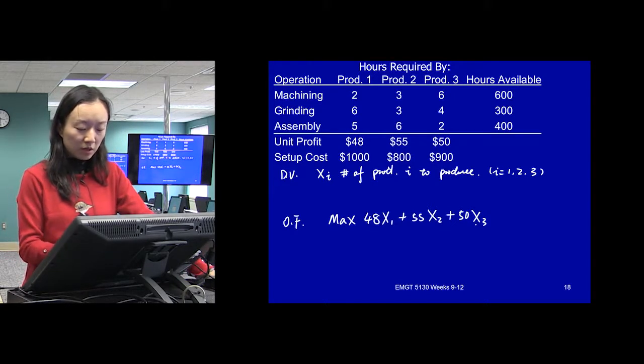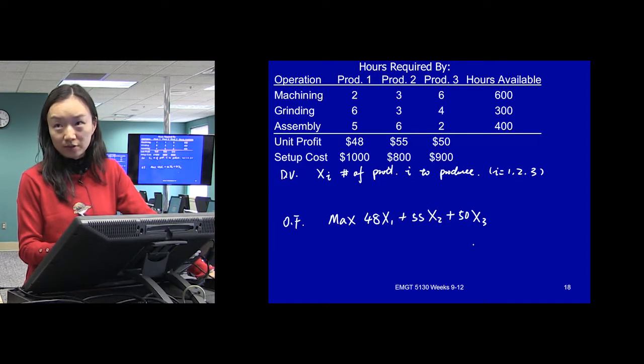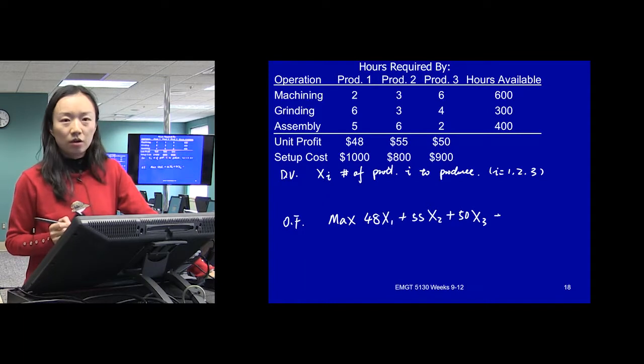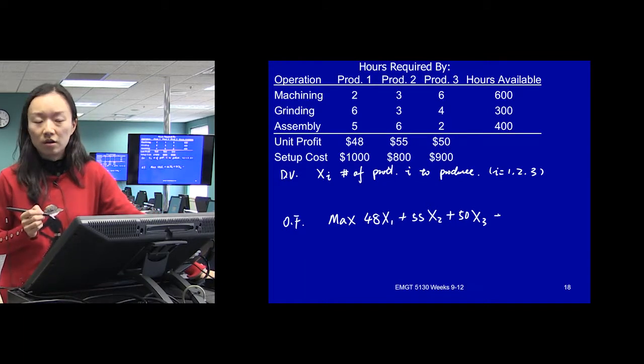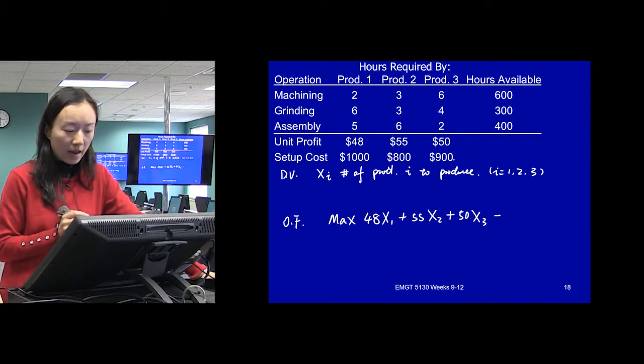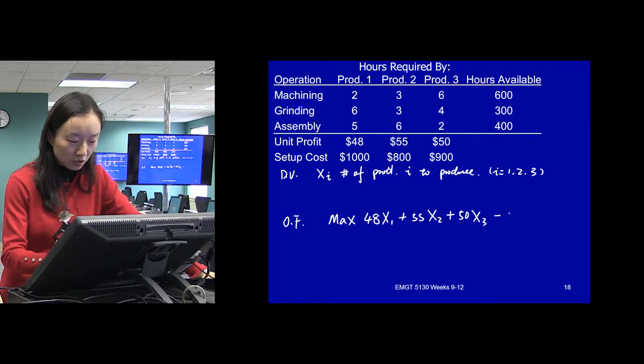There is a possibility that maybe one of the x will be 0, meaning we're not going to produce that type of product. If that's 0, then the profit won't be counted. And we said that we need to subtract those setup costs here. And we can just do this.